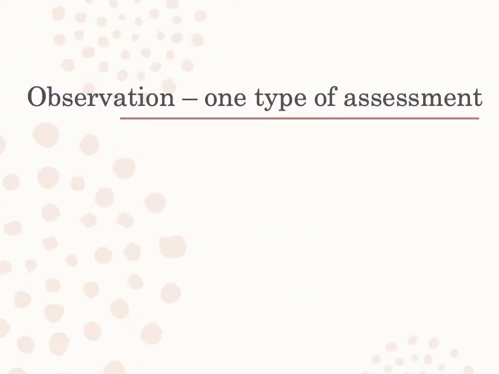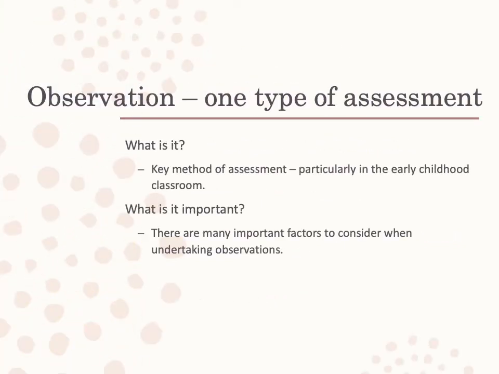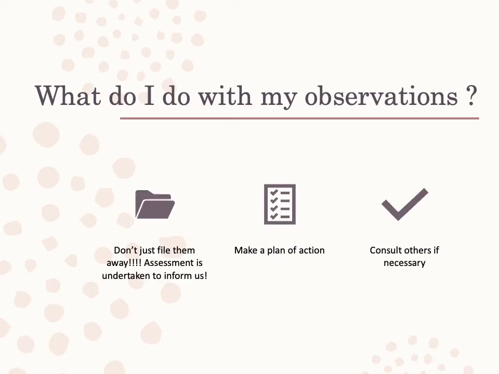So when we think about early childhood, our main type of assessment that we use is our observations. So observations really are our key method of assessment, and it's important because there's so many factors when we're thinking about our observations. So what do we do with them? We have to think about not just filing them away, but making sure that it's part of our data collection and part of what we do. So we make a plan of action based on our observations,